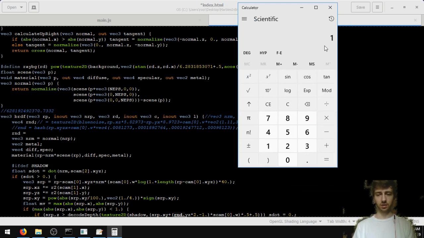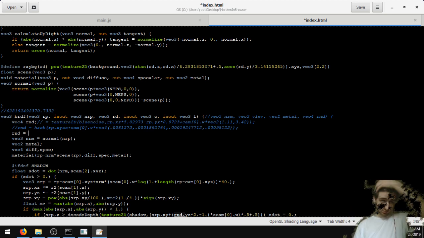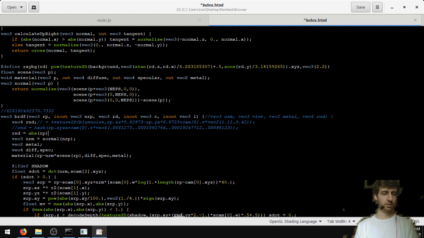I'm gonna do one based on pi and the golden ratio, I think. Absolute value, RP, fract, ZXY, abs, RP, XY, ZY, plus cam0.w times